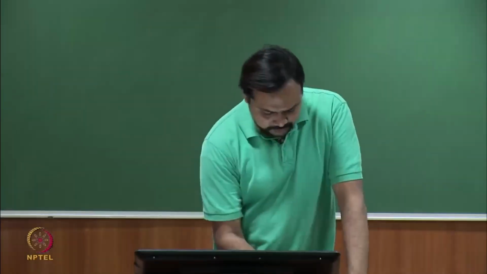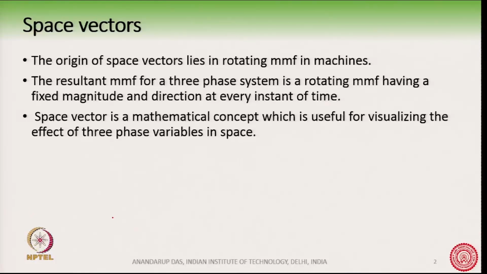Let me give you an example here. We have 3 sets of winding, for example, like this. These may be termed as A phase, B phase and C phase. These 3 windings are spatially displaced by 120 degrees. If we send a current through these 3 windings which are 120 degrees apart in time,